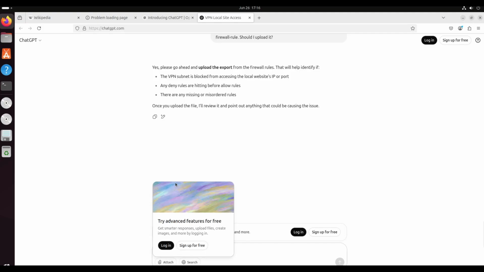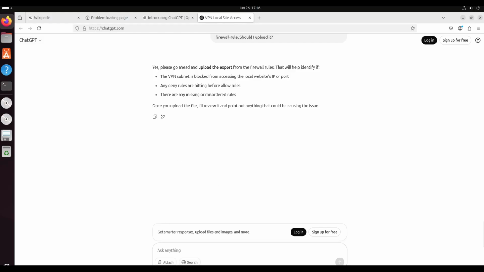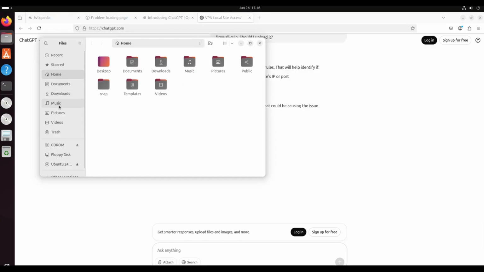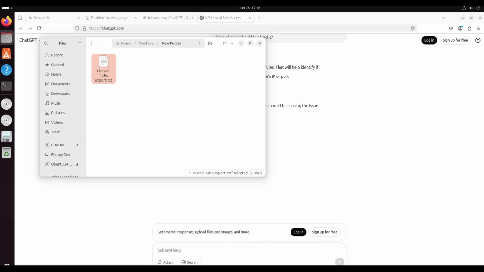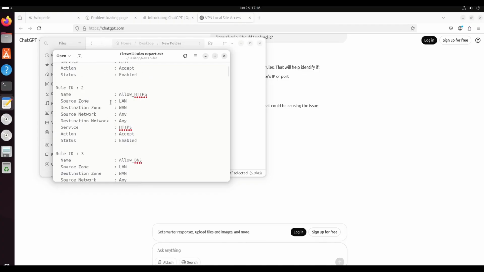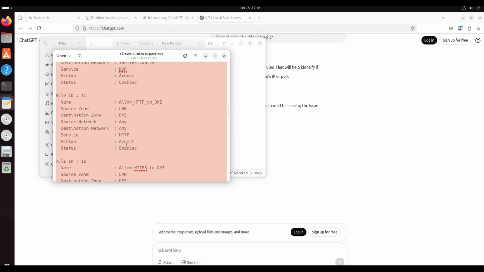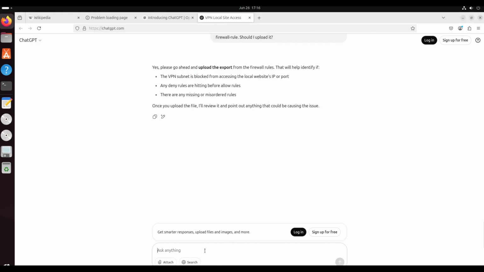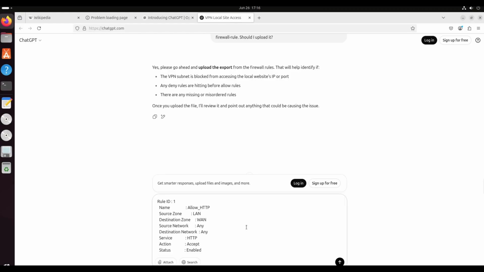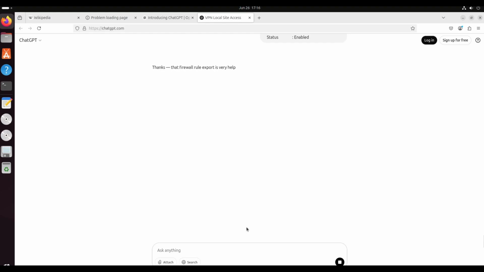So I will just attach the, okay, so I need to log in, so no issue. I will just copy paste the content of the file which I have created. Right. So we are going Control A, Control C, Control V. Right, so